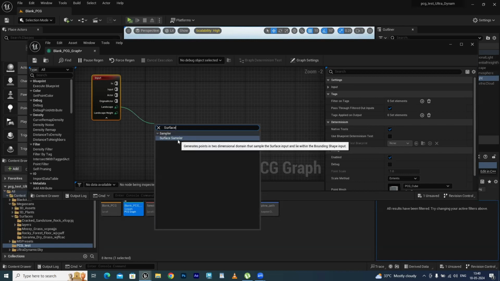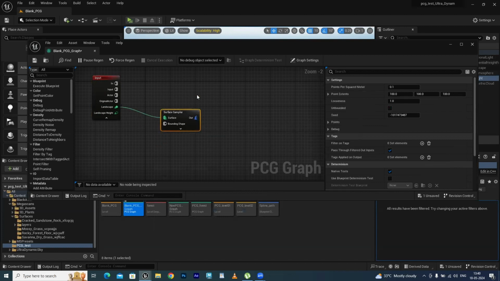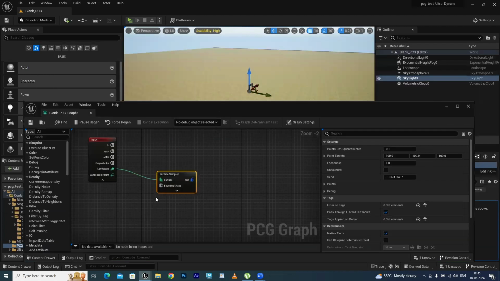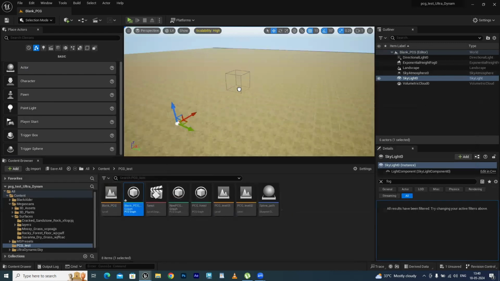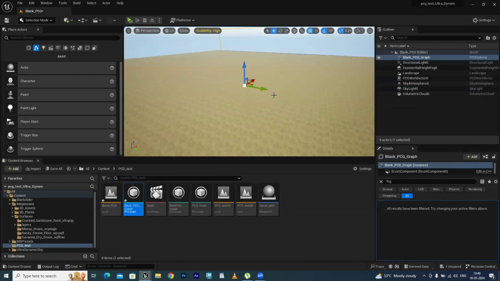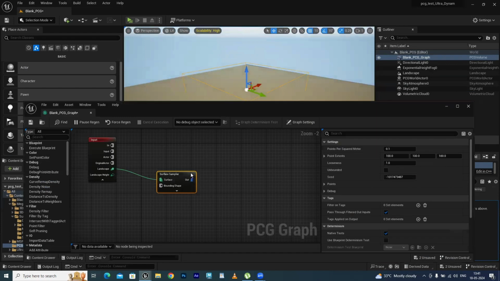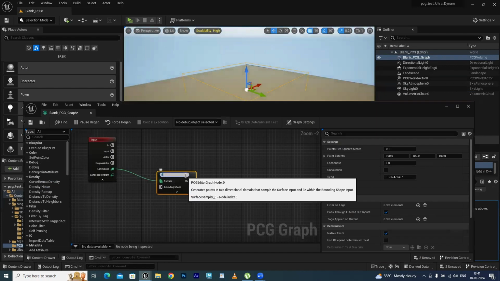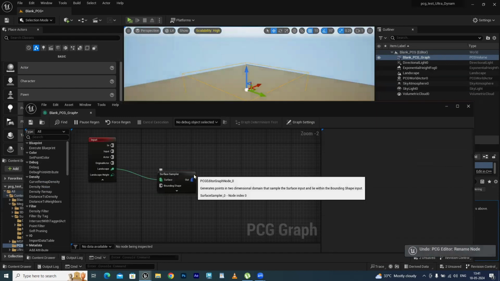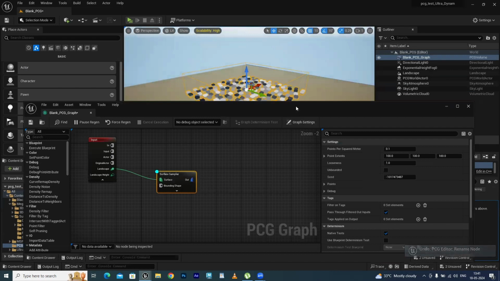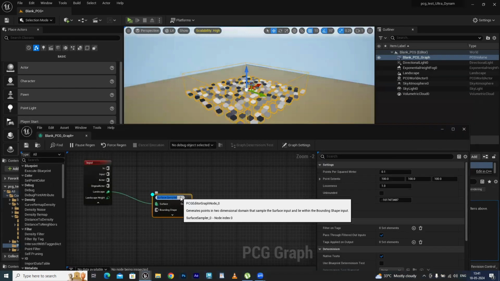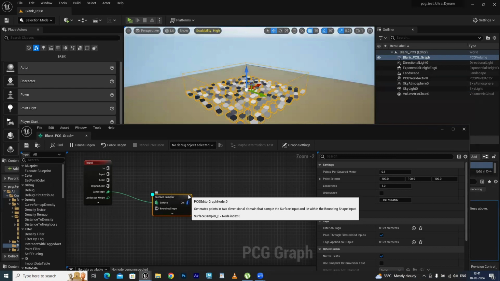Surface sampler, and do that. And once you do, you can drop this PCG onto your viewport and see the PCG has been added to your environment. At the same time, double click on PCG, select it, press D on the keyboard. Now, can you see right now, once you press D for debug,